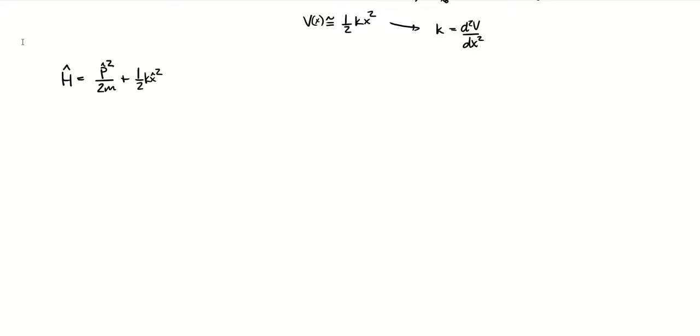Now, one of the things we're going to want to do with this Hamiltonian is, well, we know that omega squared is equal to k over m, or this gives us k is equal to m omega squared. We're going to actually replace k with that. If you think about a lot of the things we've seen in quantum mechanics, energies can be written in terms of h bar omega and all that. So it's a little more convenient a lot of the time to write that. So we're going to do that. We have our Hamiltonian is going to be equal to that.